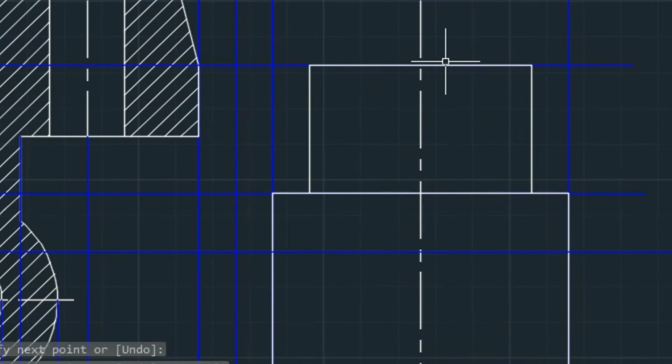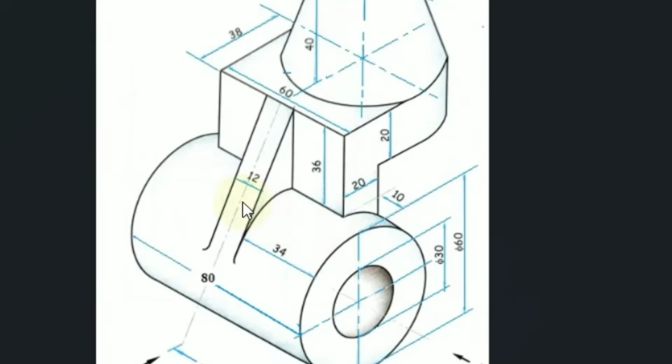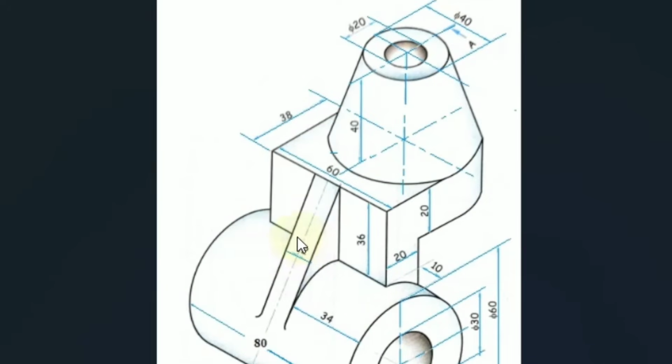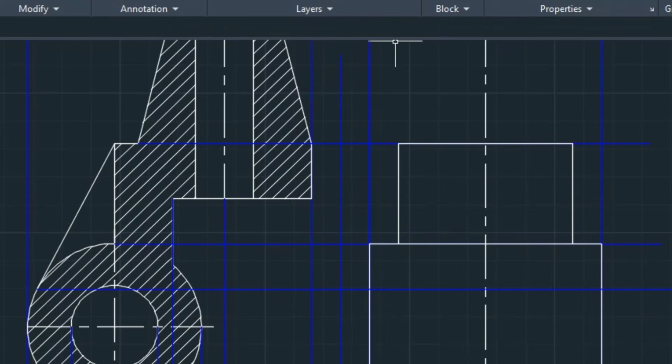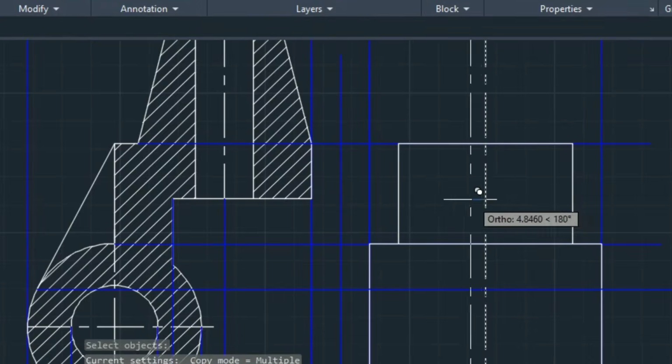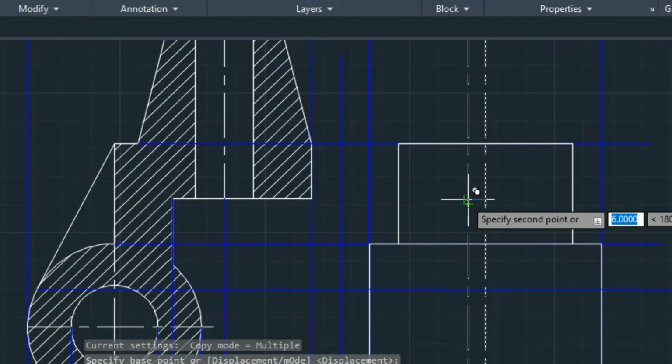Now we can draw the rib here which is 12 mm wide. You can see here the rib is 12 mm wide, which can be seen in the direction of Y. To draw this rib which is 12 mm wide, you have to copy the center line on both sides by 6 mm each. So go and copy this center line on both sides by 6 mm each,